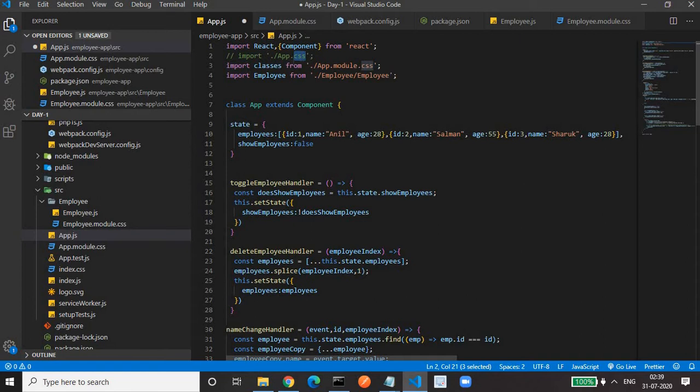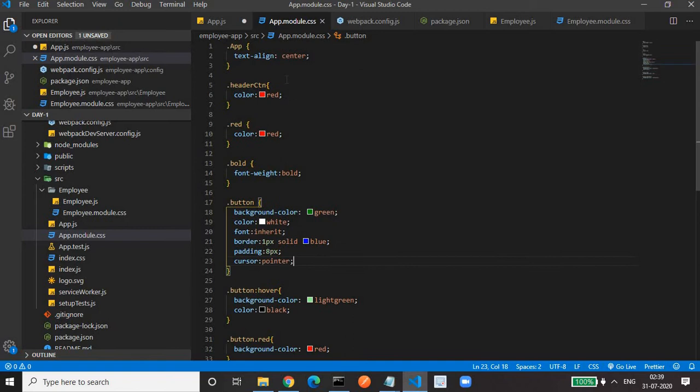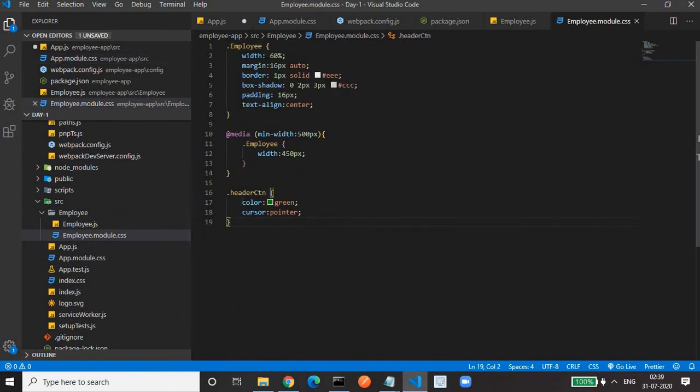Now I renamed this app.css file to app.module.css. Why I renamed this, we will come to that. Earlier, this class is present in the app.css file. Again, this same class is also present in our employee CSS file.